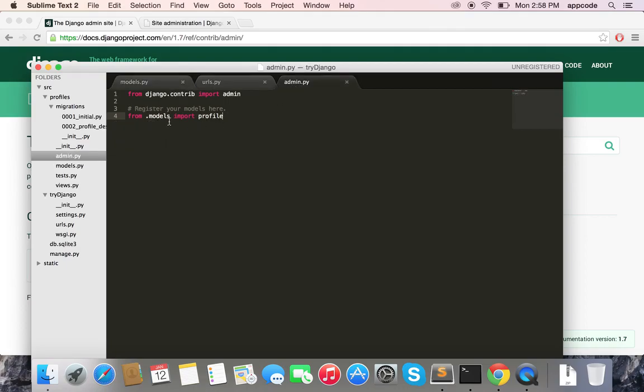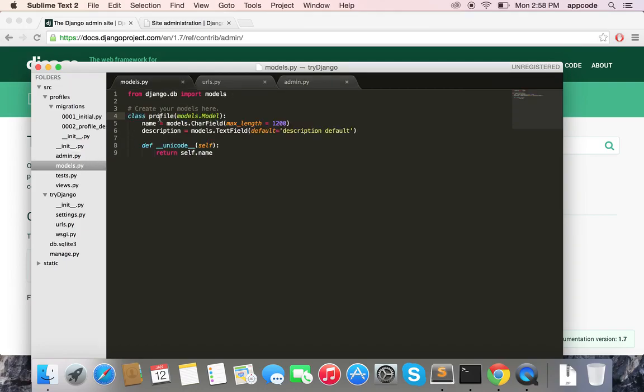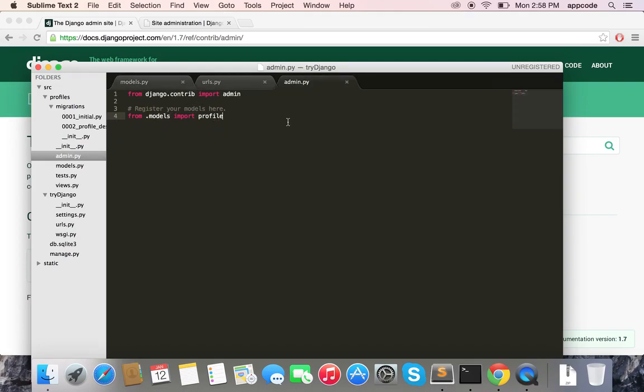The .models means to look inside the same folder as admin.py. So look inside profiles for a file called models, and then import the Profile model. So now the Profile model has been imported. I can create my ProfileAdmin. So to make the Profile model manageable through admin, type class ProfileAdmin